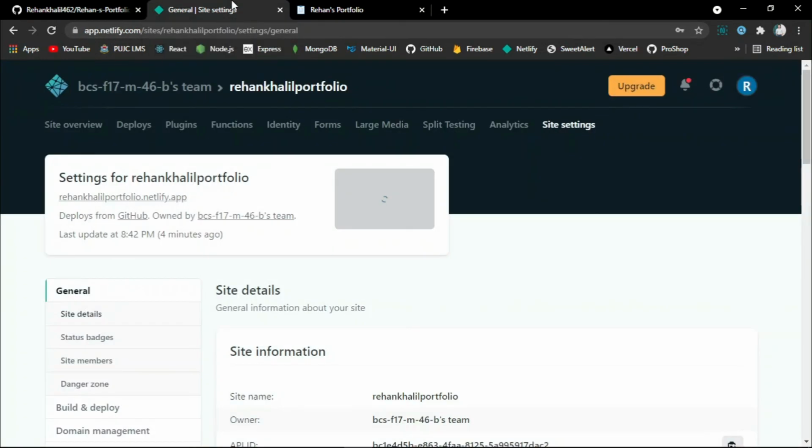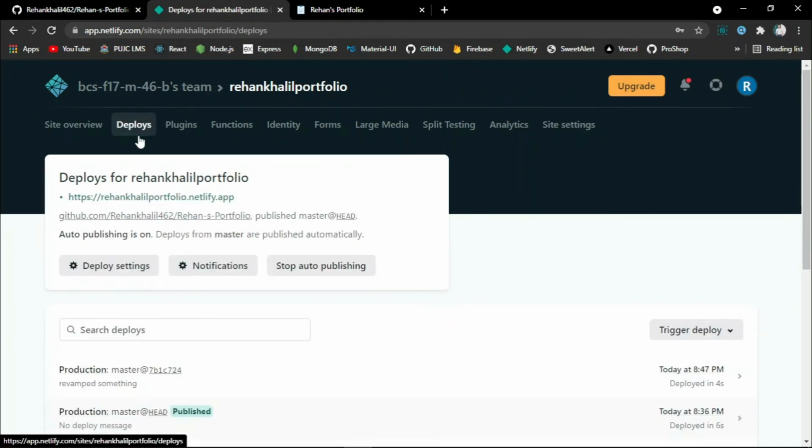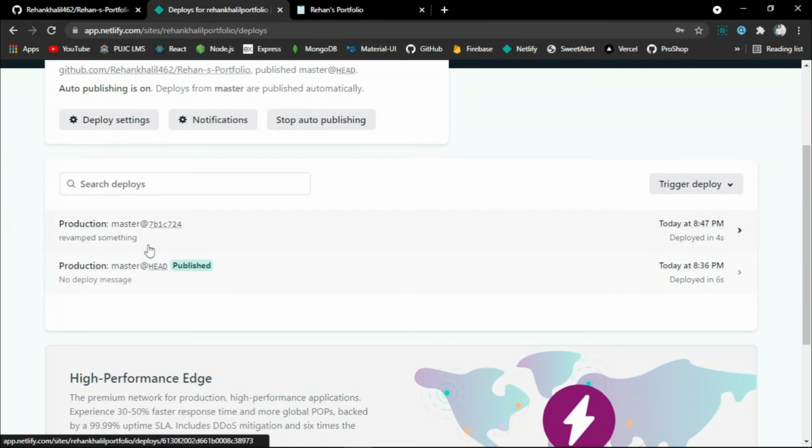Now when I go to the Netlify dashboard and when I go over the deploy tab, you will see the deployment is taking place automatically and instantly from GitHub to Netlify here. I pushed the code from the code editor to GitHub with the message revamped something, and that message and code is redeployed to Netlify with the same settings.